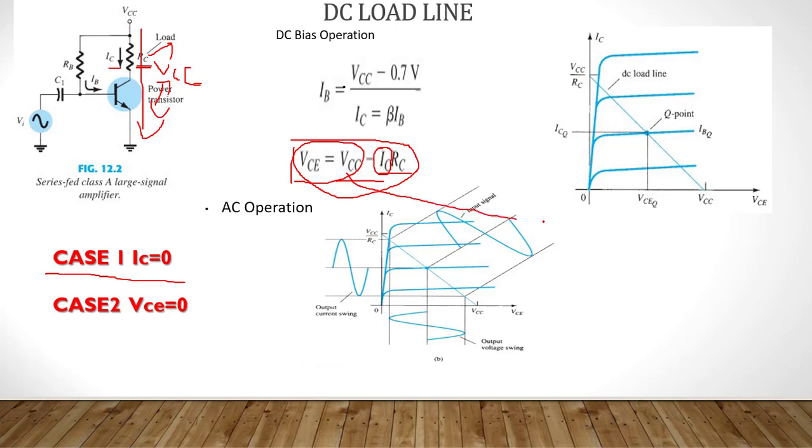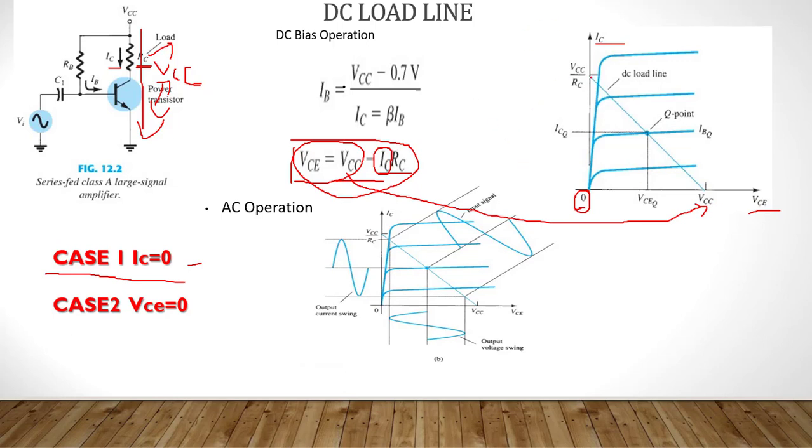That is this point here. This point is called VCE maximum. Why is it called maximum? Because when IC is 0, where the y axis is IC and the x axis is VCE, this is the IV characteristic. When IC is 0, the VCE you get is the maximum point. So in case 1, IC is 0 and we get VCE maximum as VCC. This we already discussed.